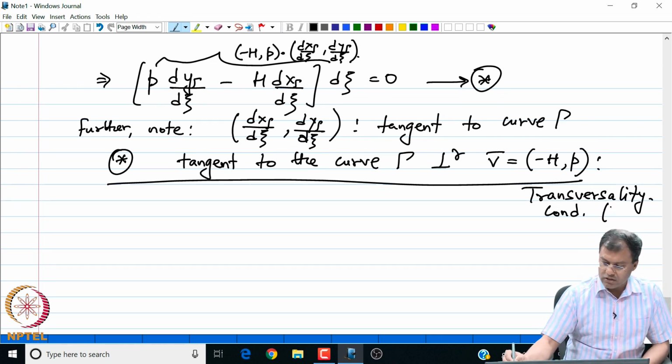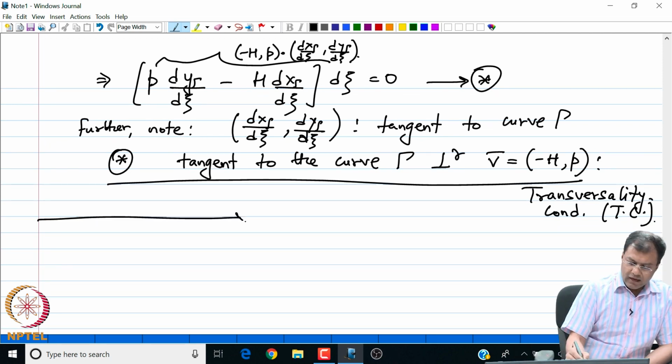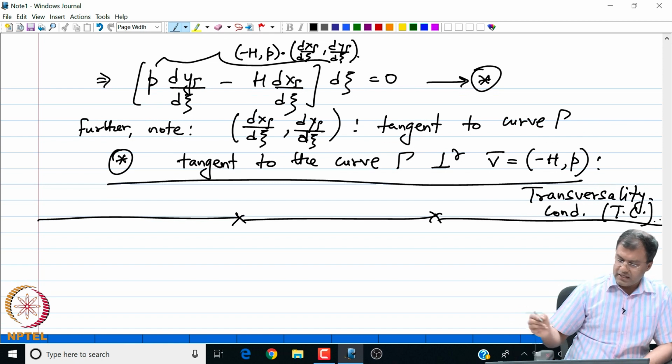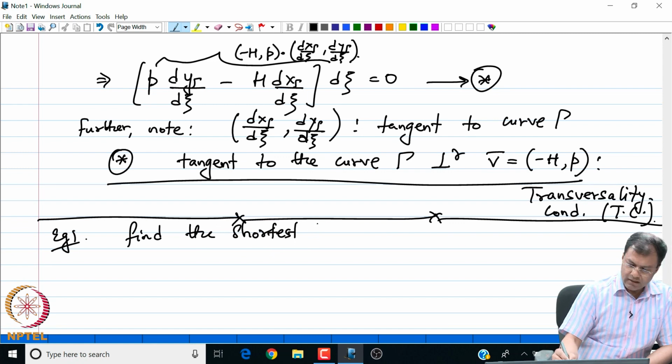I call this in short notation TC. Okay. Let us look at a quick example in this class of function. So, we have to find the shortest path from origin,